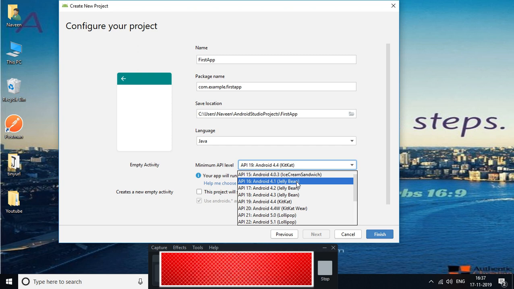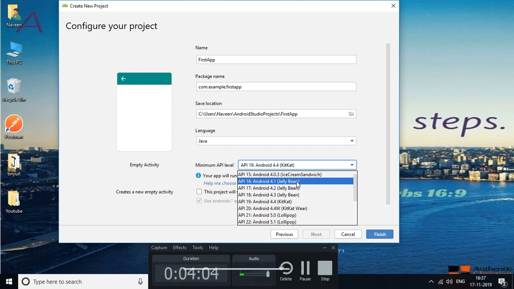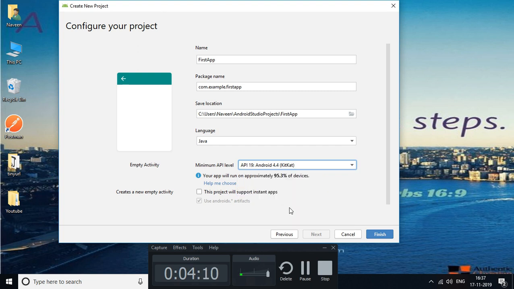As soon as you target a higher version, it will give you some errors, or you have to handle it and write lots of code. And most of the smartphones available in the market are KitKat or above only. So I will select KitKat 4.4.